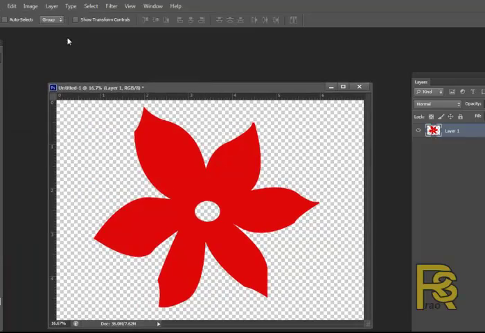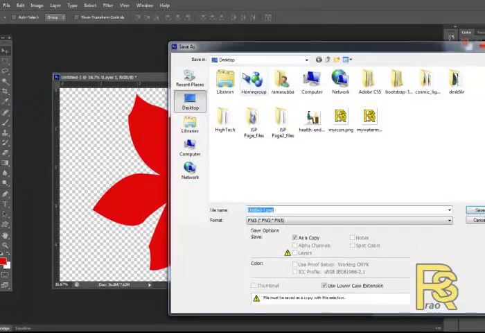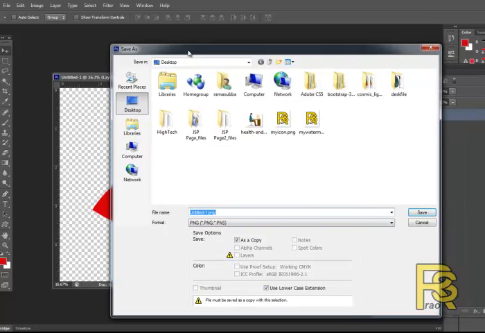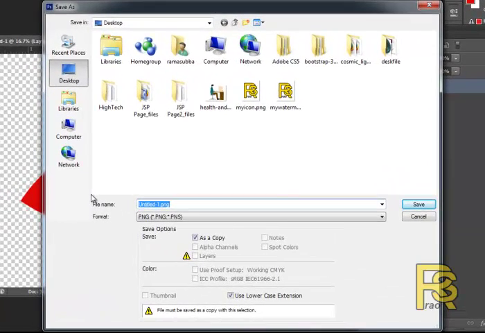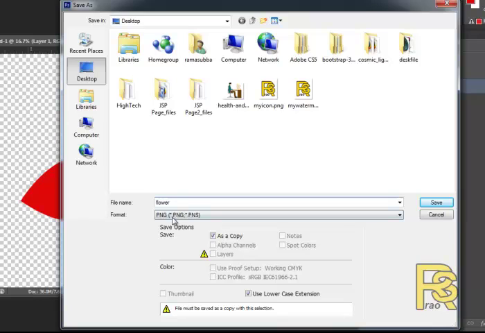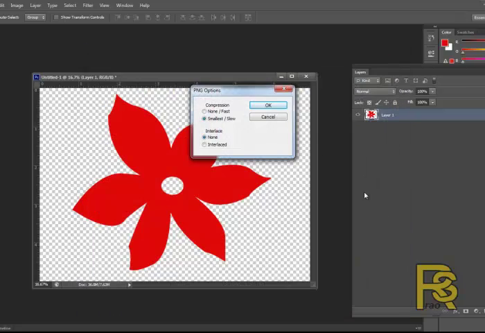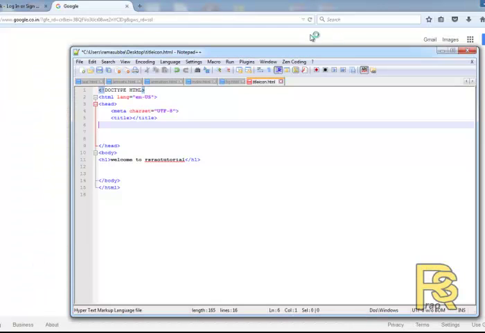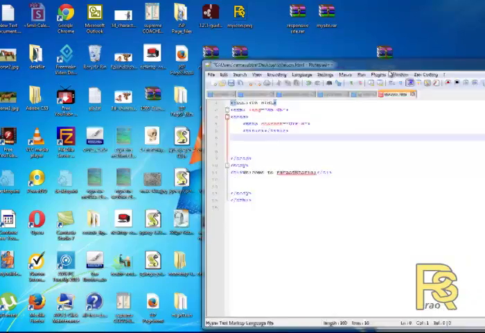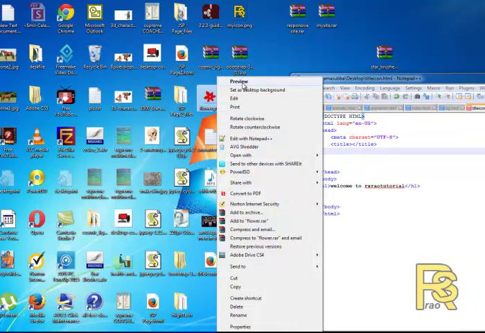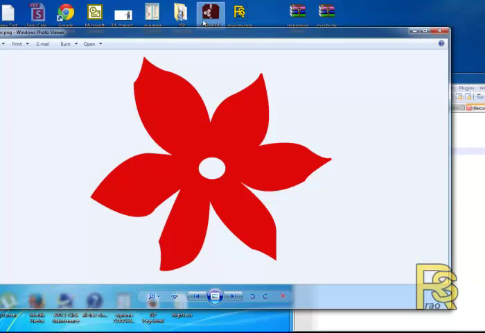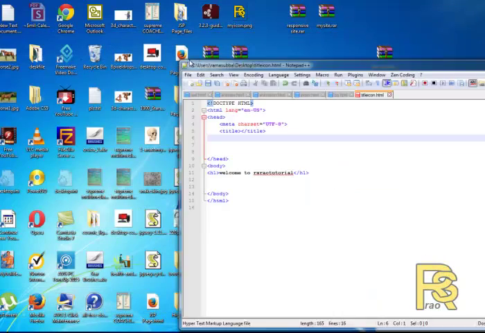I have just opened Photoshop and I'm going to save it in PNG format. I'm going to save it on my desktop as flower.png. You can see, just type flower because I have already selected the PNG. Save it. So this is the flower icon, and now let us see how we can put the icon